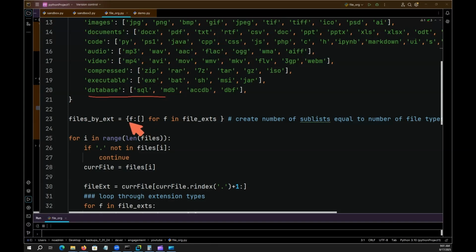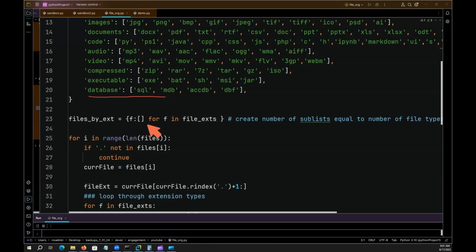Now, the new dictionary is going to have the same keys as the other dictionary, but its values are going to be a blank list,